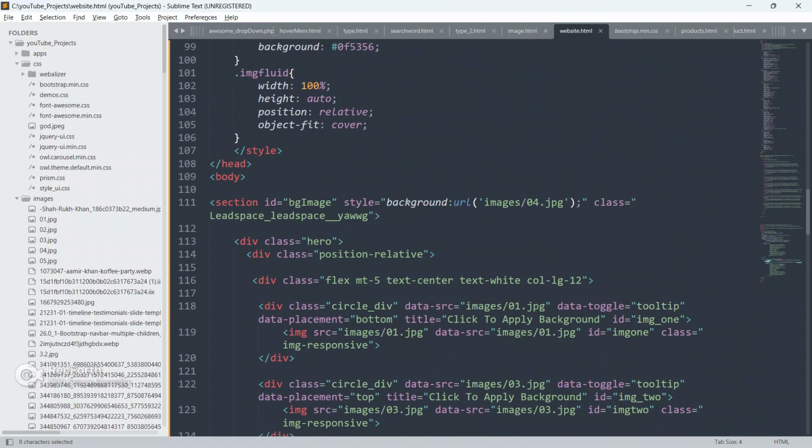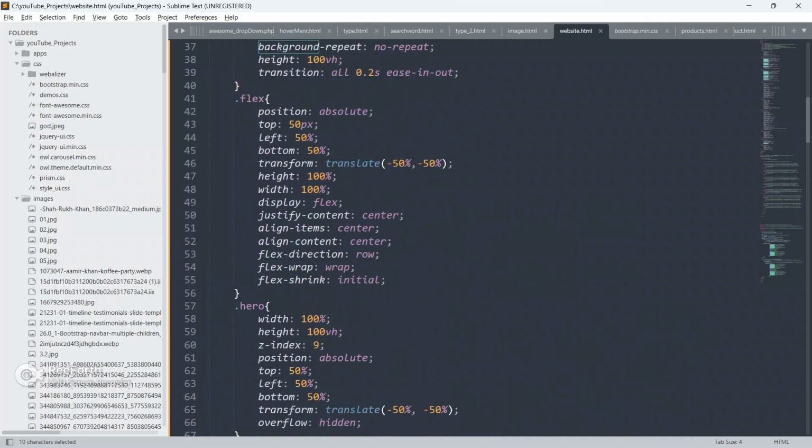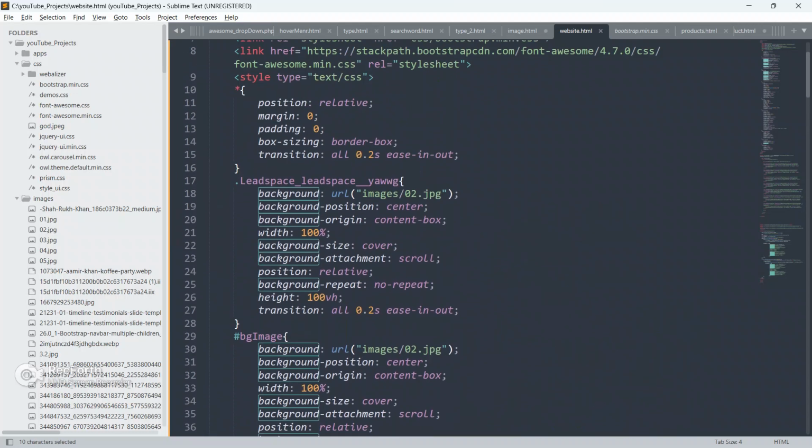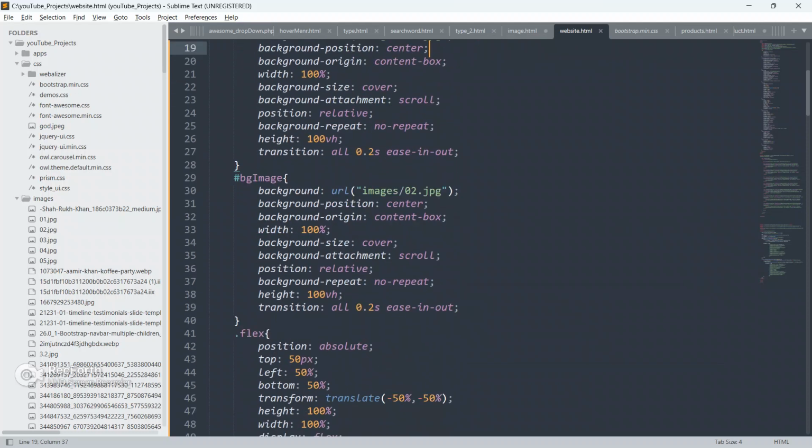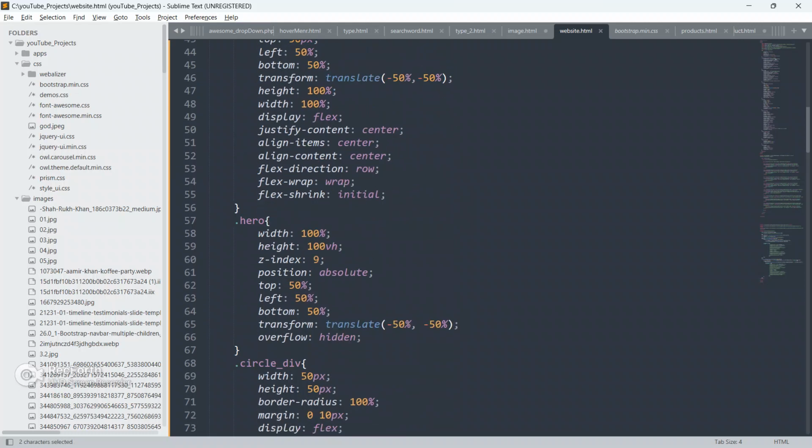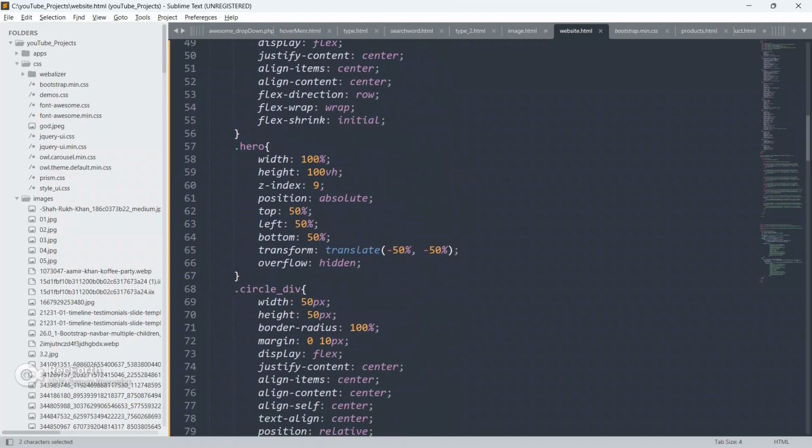Okay, we are not getting anything here only. So images, url images 2.jpg.